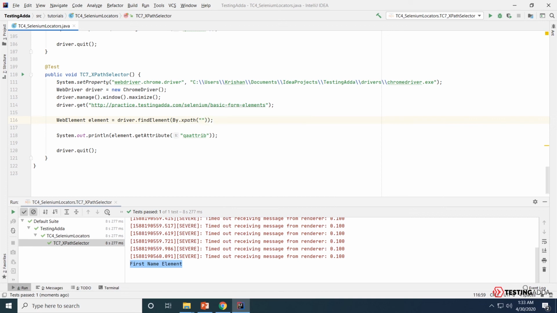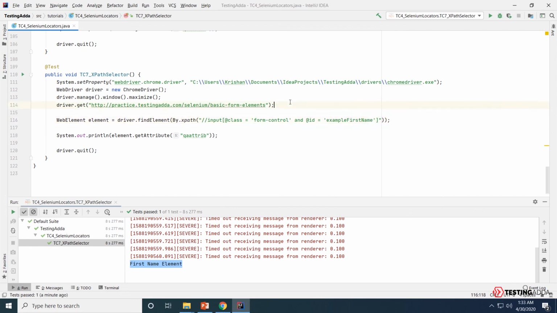To build that, we did double slash, that is relative path, input is the type of the tag, @class equals form control, and ID should be, that is @ID equals example first name.